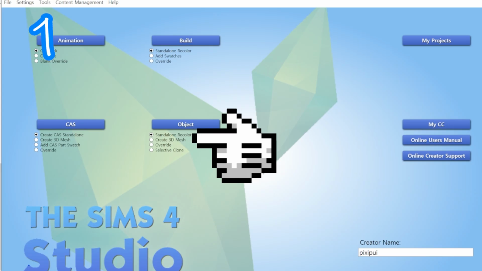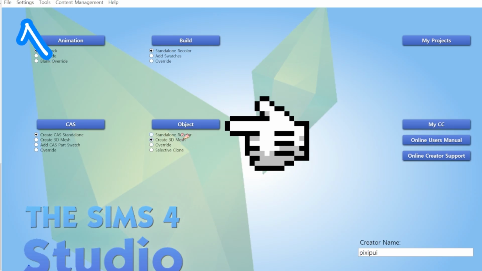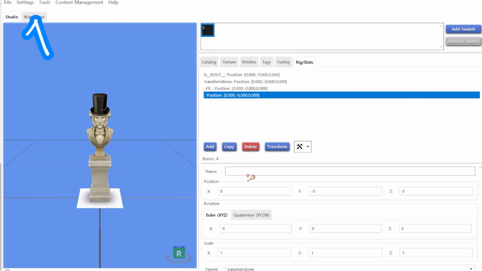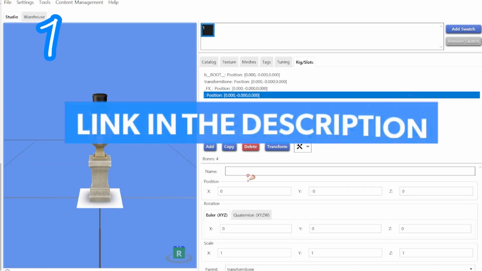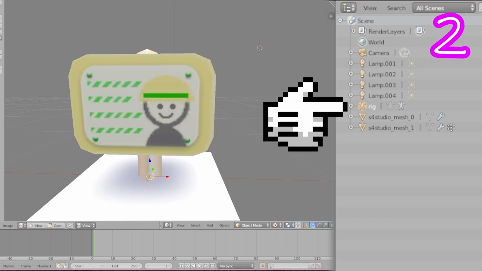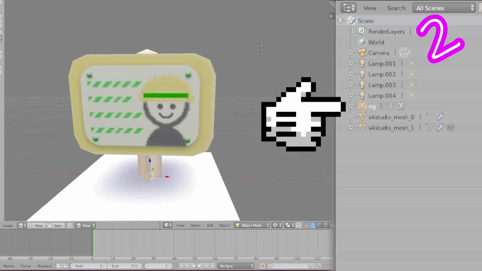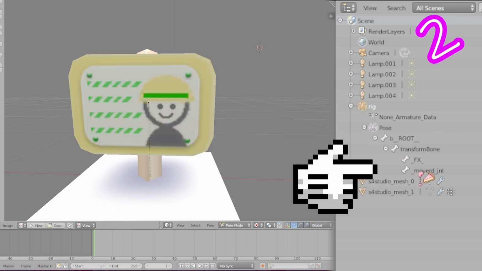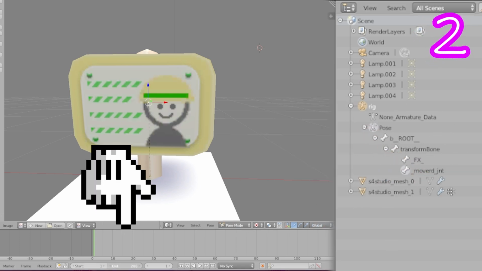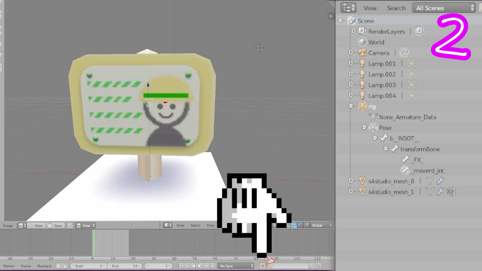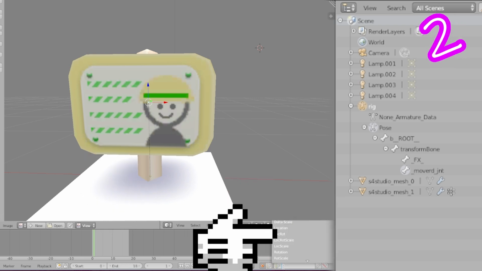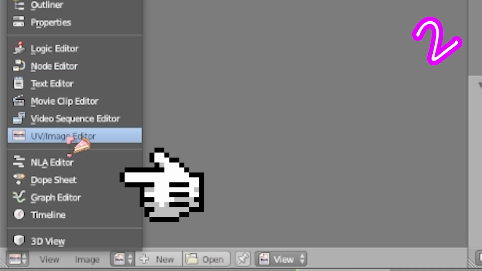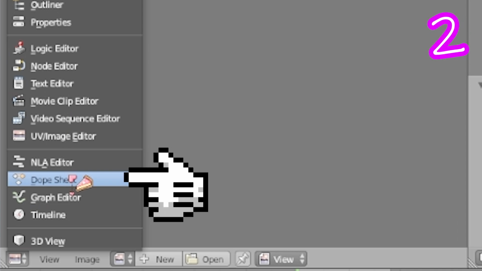1. Create 3D mesh. Pick a thing. Add rig. Find that in the description. 2. On your rigged mesh, pose mode, your joints, adjust timeline, auto keyframe, location or rotation, dope sheet, keyframe the